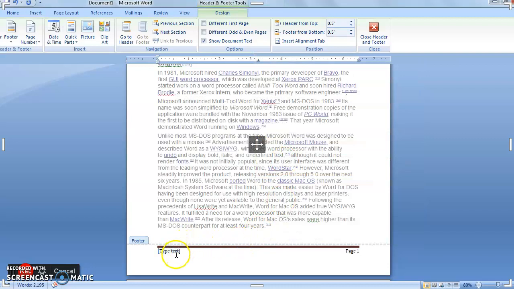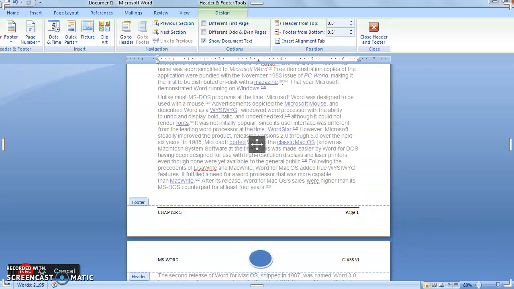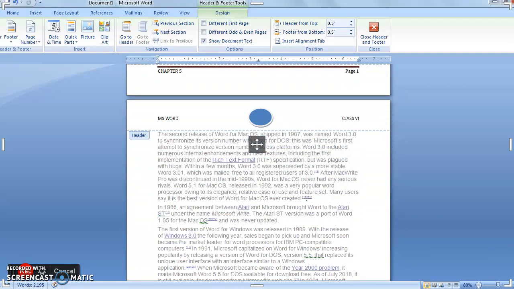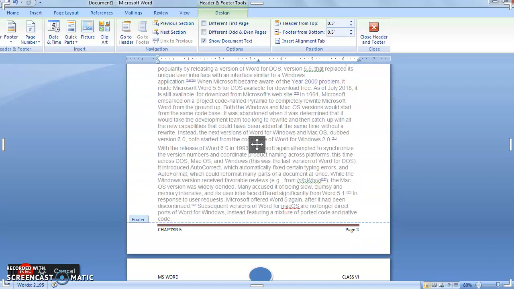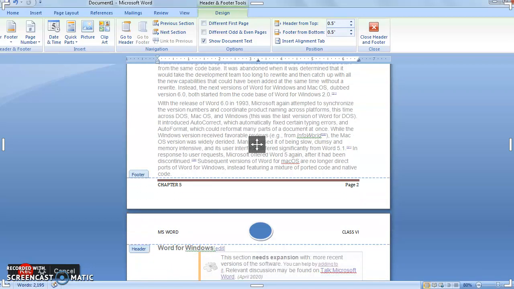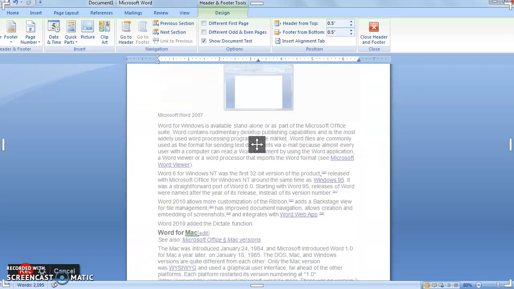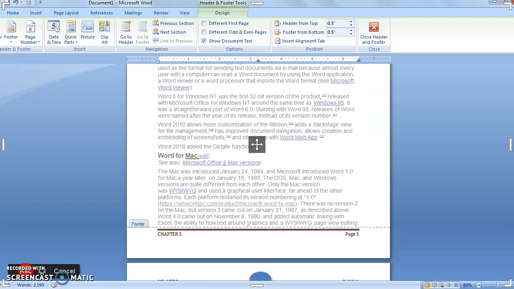So on the left margin, Type text is written. We can mention here our chapter number 5, that this chapter is 5. And you will see on the right side the page number is automatically inserted. Like this is our page 1. And when we move ahead to another page, you will see on the left margin chapter 5 is the same, but the page number is changing by itself. Page number 2, and then when we move ahead, page number 3, and so on.